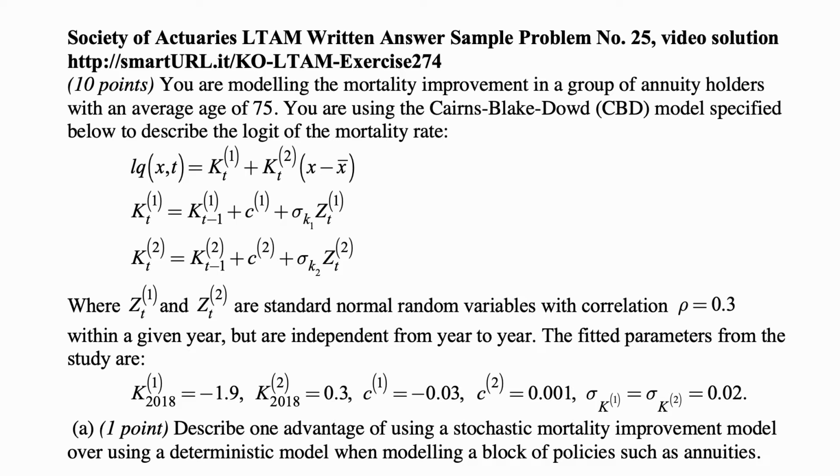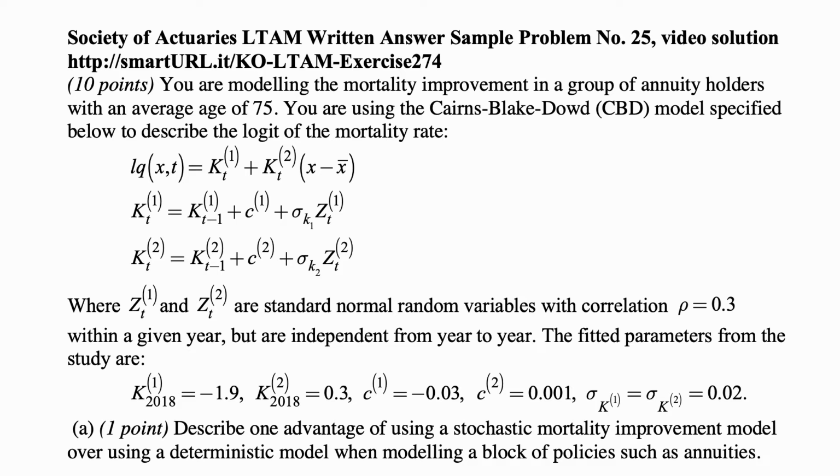You are using the Cairns-Blake-Dowd CBD model specified below to describe the logit of the mortality rate. So the natural logarithm of q of x,t. And it's of the form k_t^1 plus k_t^2 times (x minus x bar). And k_t^1 is equal to k_{t-1}^1 plus c1 plus sigma k1 z_t^1. And k_t^2 is equal to k_{t-1}^2 plus c2 plus sigma k2 z_t^2, where z_t^1 and z_t^2 are